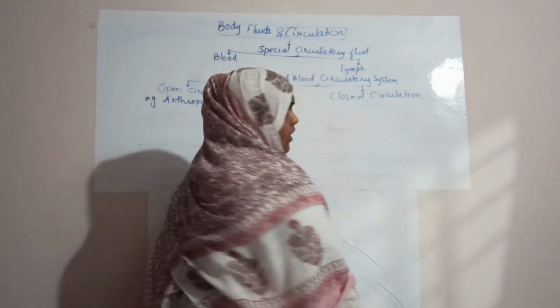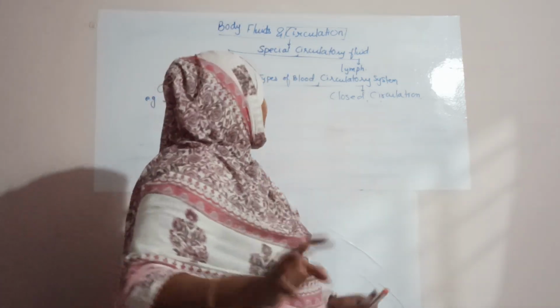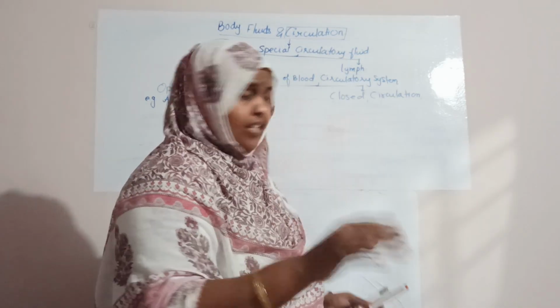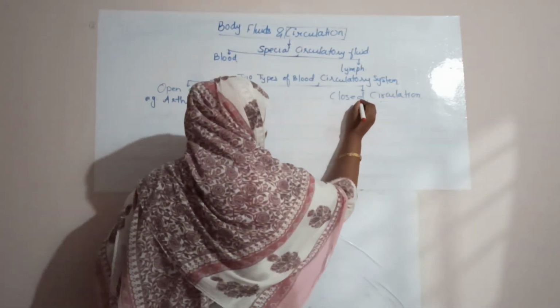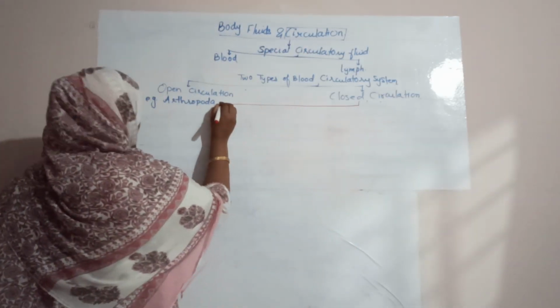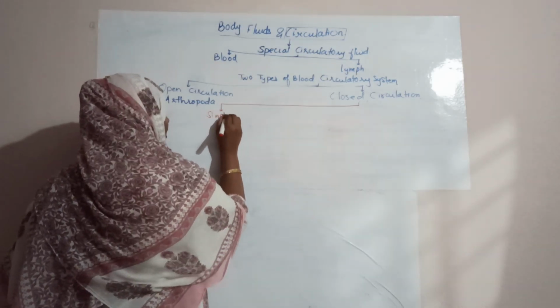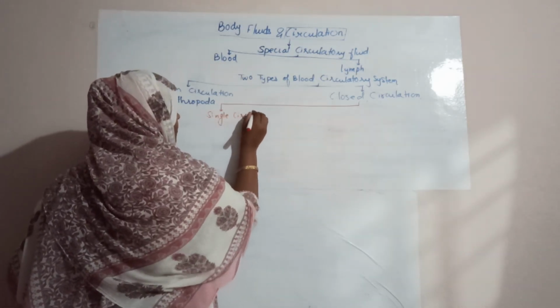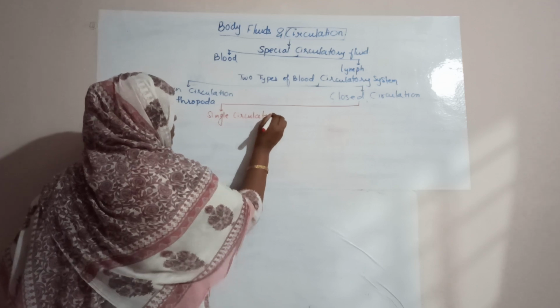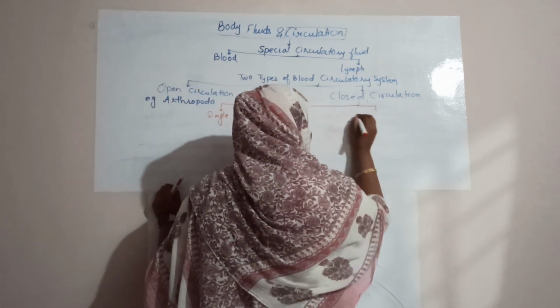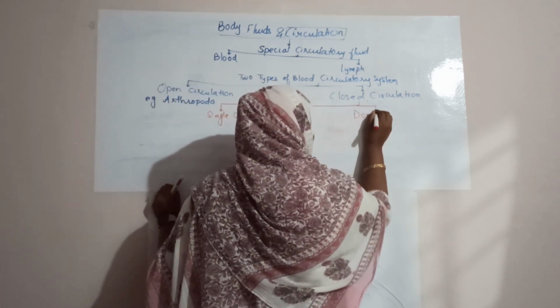Next we study the closed circulatory system. In this chapter, I will briefly explain the closed circulatory system. The closed circulatory system is of two types. The first is known as single circulation, and the second type is known as double